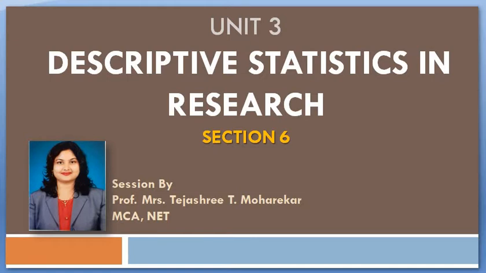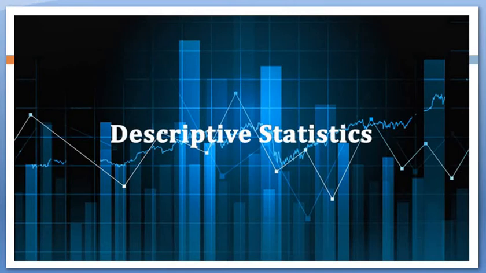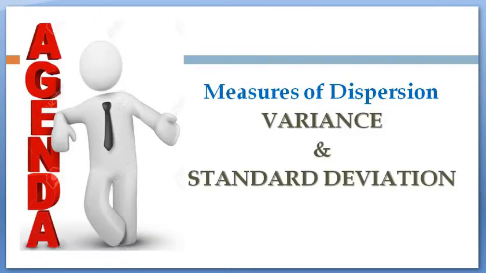We started with what is descriptive statistics in our Part 1 session. In this we have seen that descriptive statistics is divided into three: distribution, central tendency and measures of dispersion. We covered the distribution and the central tendency in Part 1. Today we will see measures of dispersion, categorized under range, variance and standard deviation.